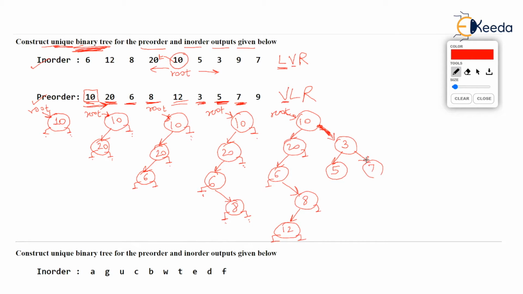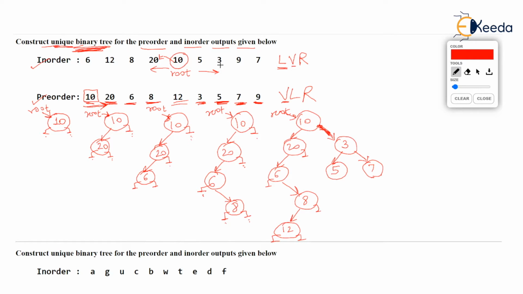All right. Let's take the last value 9. Although it is very easily seen 9 will go to the left of 7, but anyway, last value of pre-order. Let's see. Start from root 10. We are adding 9. See that 9 is to the right of 10. So 9 must go to the right of 10. But right of 10 is already 3 in our tree. So let's go to 3 and check where is 9 with respect to 3.